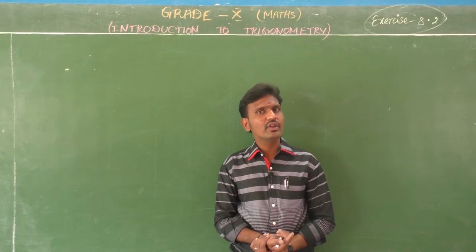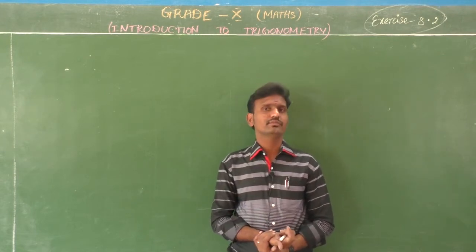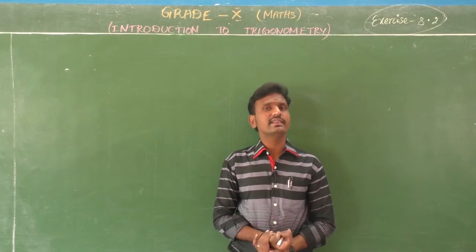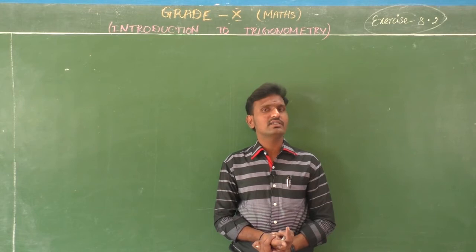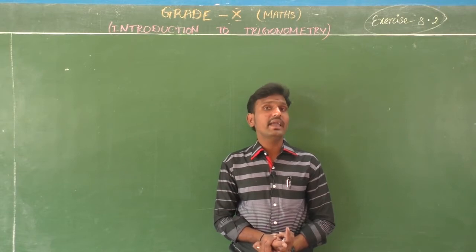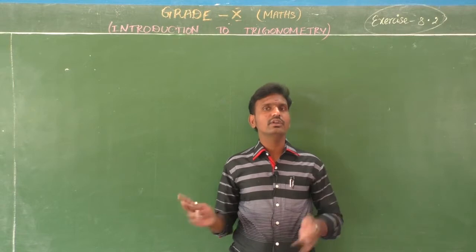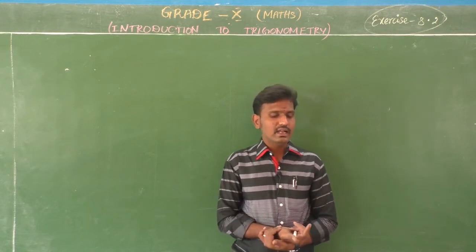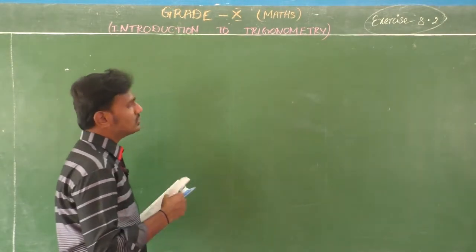And tan theta, how will it come, students? Sin theta divided by cos theta is tan theta. Then cosecant theta is the reciprocal of sin theta. Secant theta is the reciprocal of cos theta. Finally, cot theta is the reciprocal of tan theta, or otherwise cos theta by sin theta is equal to cot theta. So all these we are thorough in from your previous class. Let us move to our next problem in Exercise 8.2.